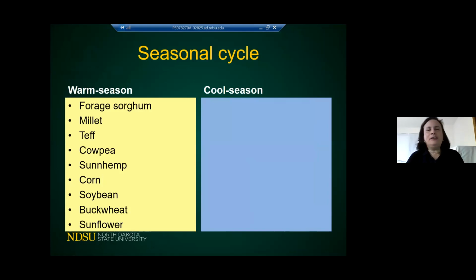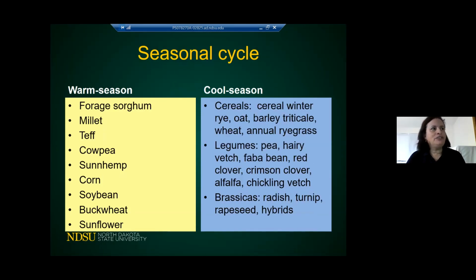Seasonal cycle is very important because it's going to depend on when you can plant these crops, depending on your objective. Warm seasons, we have forage sorghum, millet, teff, cowpea, of course corn, soybean. Those are warm seasons. Warm season crops require warm temperature, so they cannot be planted too early in the season, and they freeze as soon as the temperature reaches 32 Fahrenheit in the fall. Cool seasons, you know them: cereals, a lot of legumes, and brassicas. All the ones we use are cool season. I don't know of any warm season brassica. It is important to know them to see where you're going to fit them in